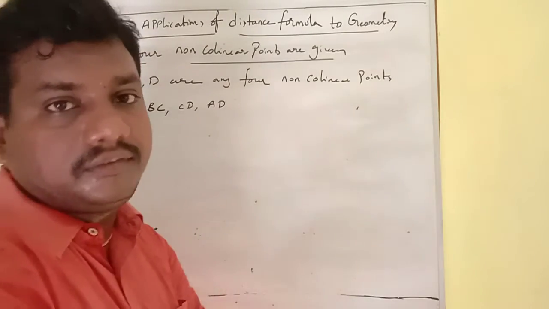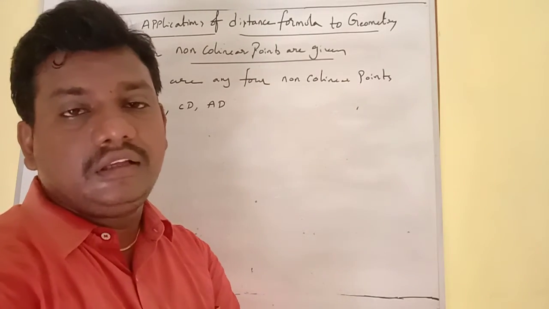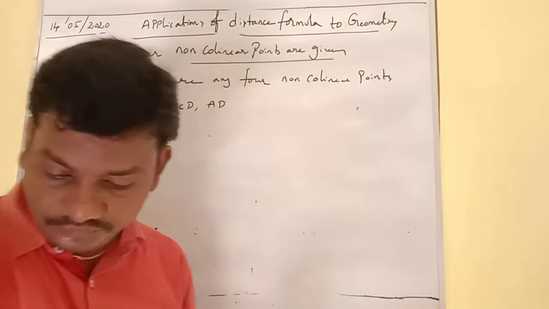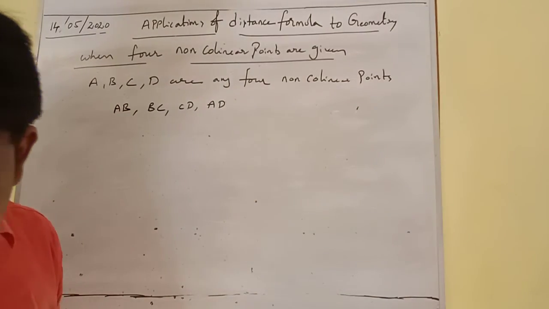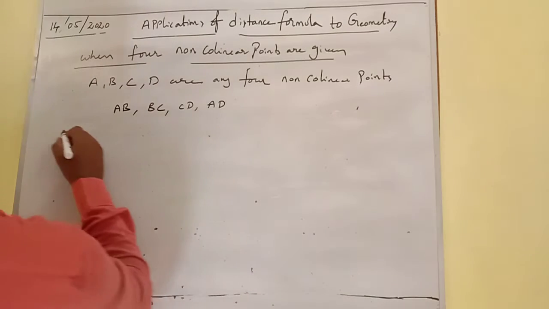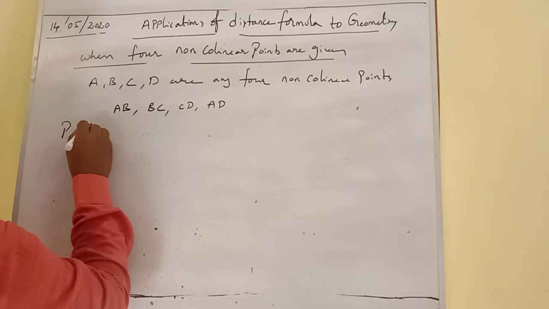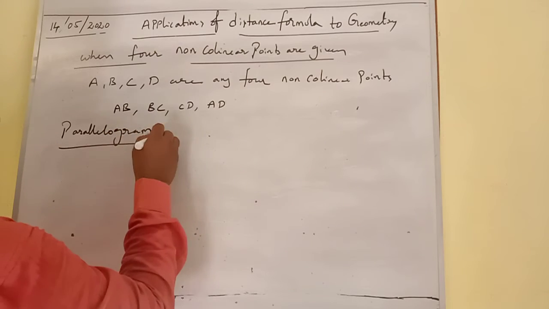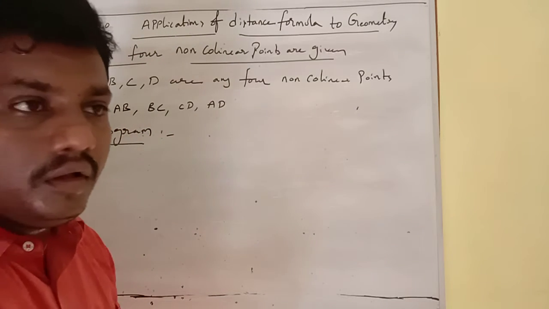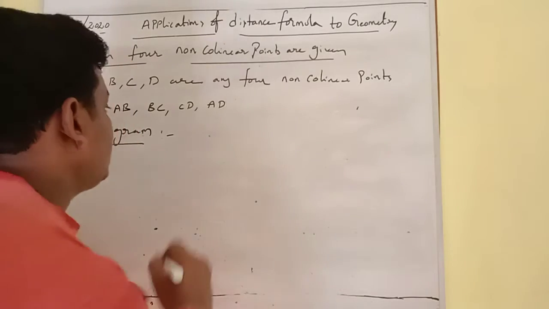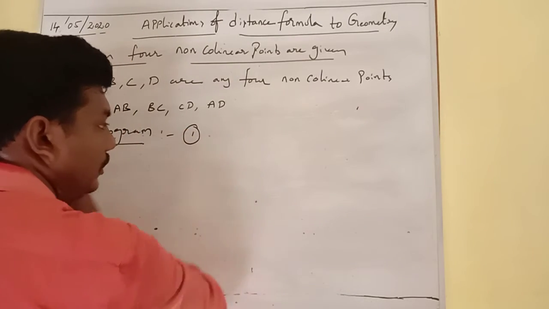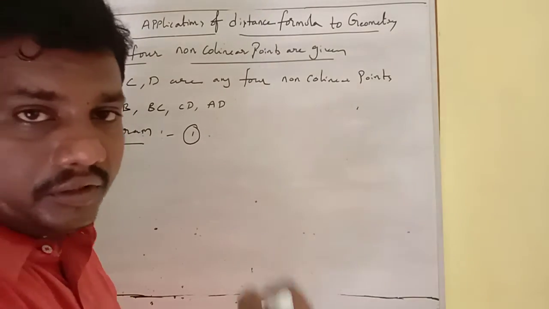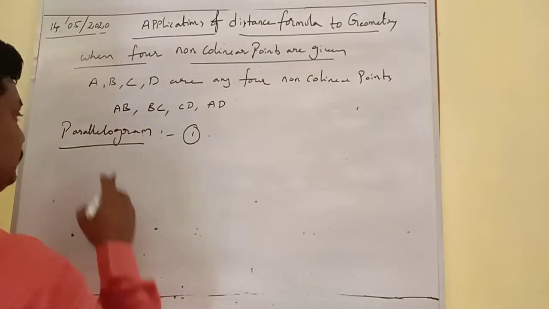In some cases we have to see the special types of quadrilaterals. How will the special types of quadrilaterals be now? Let us see the parallelogram first. In a parallelogram, what are the conditions? First, we have to see the properties of quadrilaterals. This we also discussed in the previous video. Now we have to discuss the parallelogram.